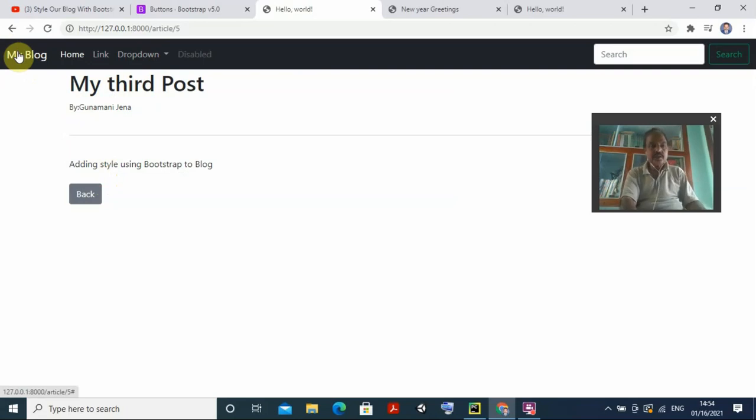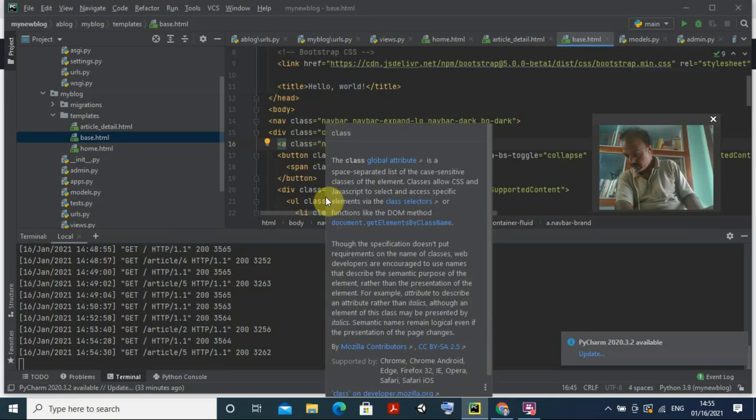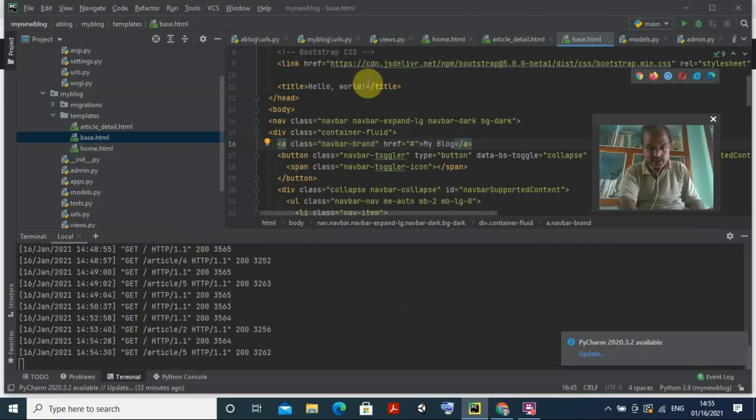So what I have to do for this, just think, there are so many ways you can do it, but what we do here, I just go to the coding part. In this coding part, if you see the base.html, the page you have done here, this is the base.html. Okay, so inside the title, where is our title? The title here is still hello world. So inside the title I want to change all the things, right?